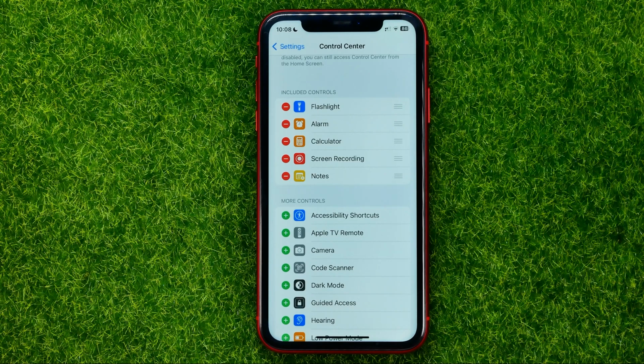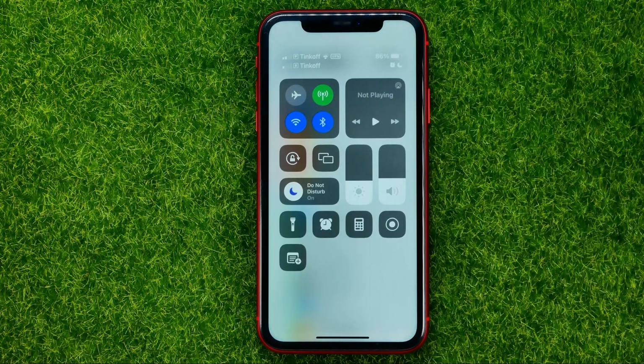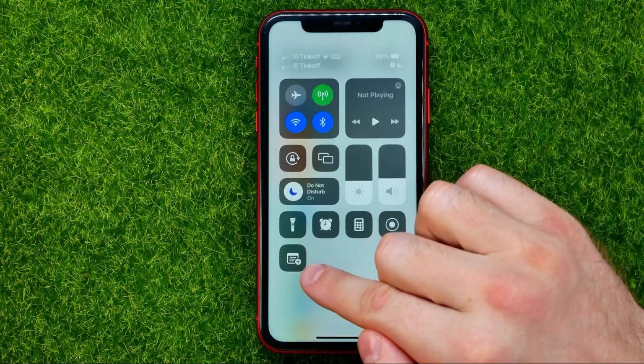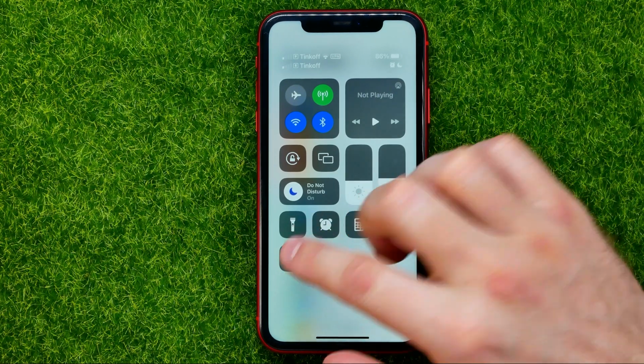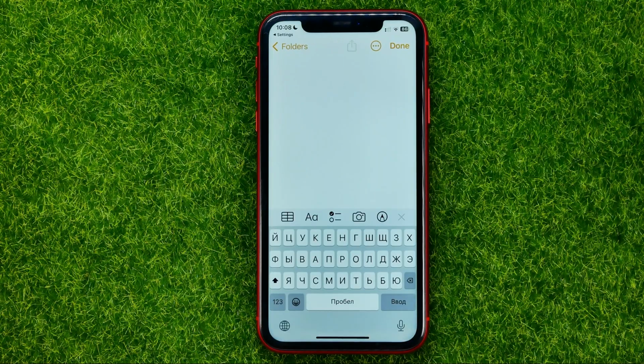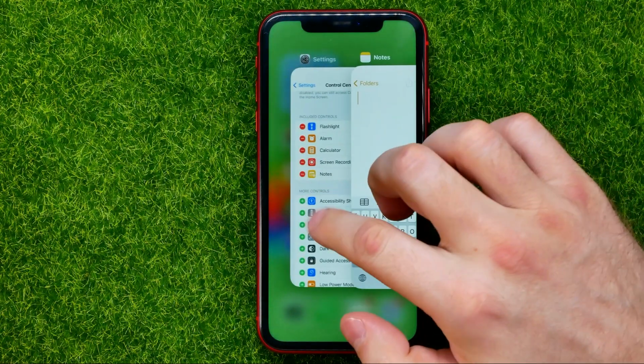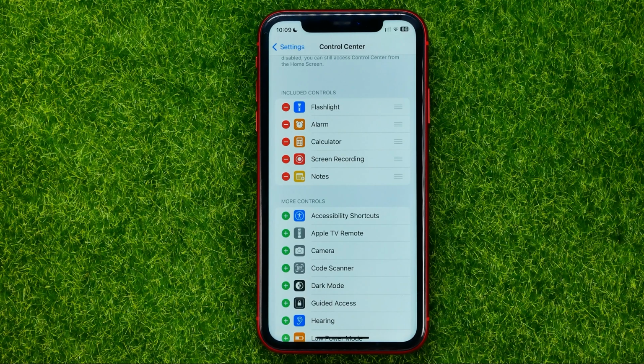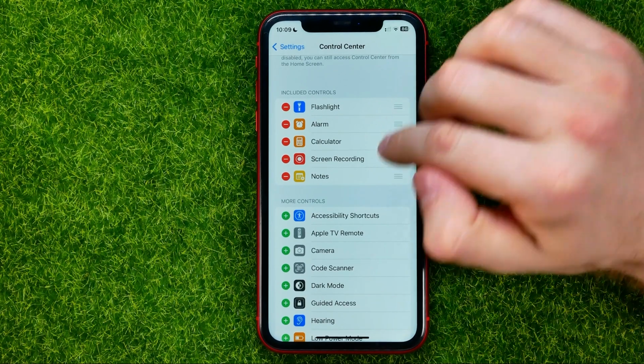You can easily check that by swiping down from the top right corner. As you can see, Notes shortcut is now located right here. We can tap on it to open up Notes,